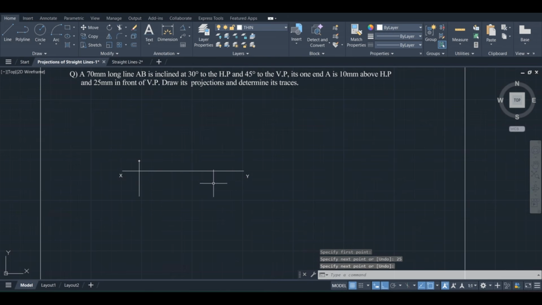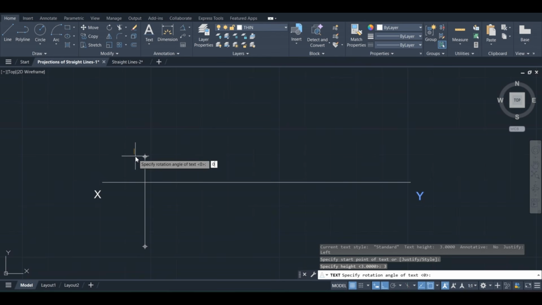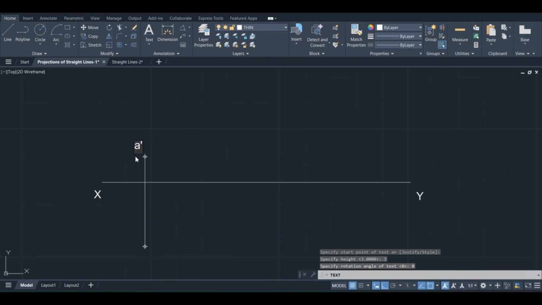Okay, escape, mark the point here. Right, give the point names here. Use text single line. Here the point name is A dash, text height 3, 0, enter. This is A dash and this point as A. Fine, escape.